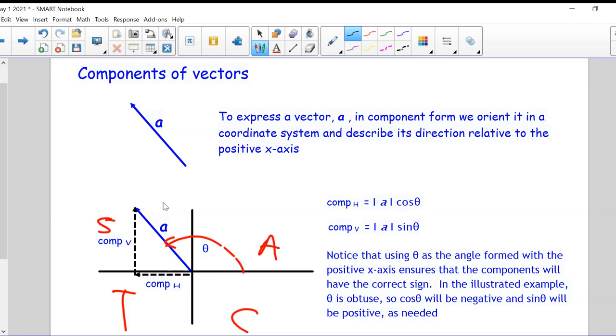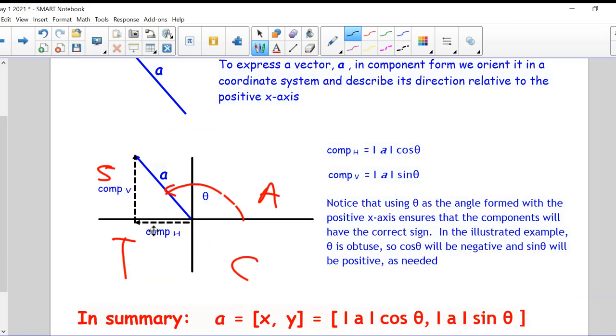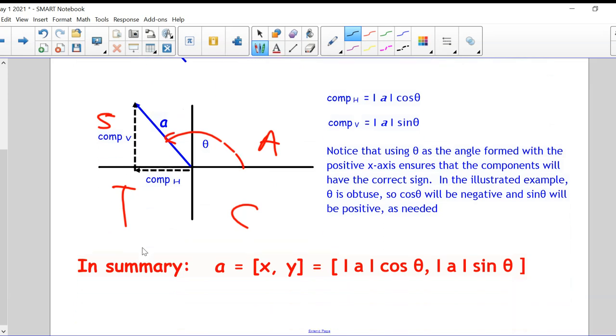Same thing for when you want to find a vertical component. So really what we're doing is just finding the x and y coordinates of where this ends up, with a length of a. That a represents the hypotenuse of the triangle that we're forming. So the length of a times the cosine gives us the horizontal component, which could be negative. The length of a times the sine of that angle gives us the vertical component, which itself could be negative because I could be down here in the third quadrant where only tangent is positive. So in summary,